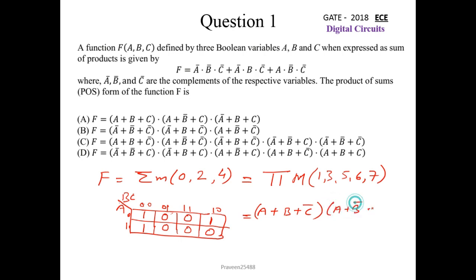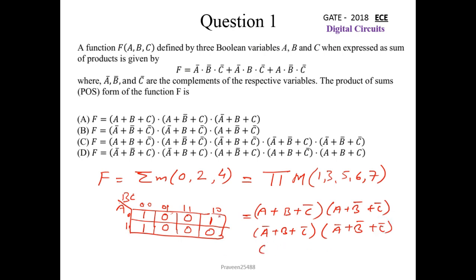For this 0 it would be A bar plus B plus C bar. For this 0 it would be A bar plus B bar plus C bar, and the last term would be